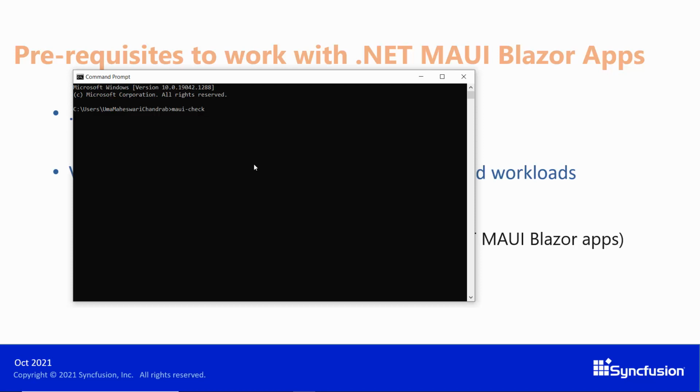The next step is you need to get access to the .NET MAUI packages. You need to add the following NuGet source. Type in the command dotnet nuget add source. It is necessary to add the MAUI preview source to get access to the .NET MAUI packages. dotnet nuget add source -n MAUI preview, and now we need to provide the path.